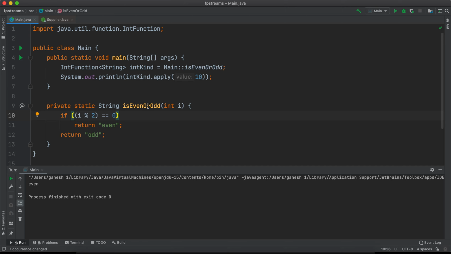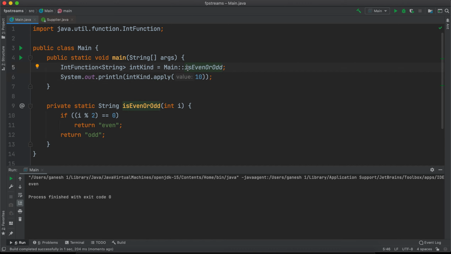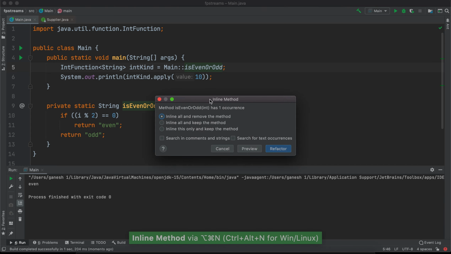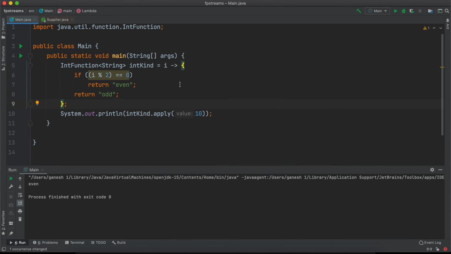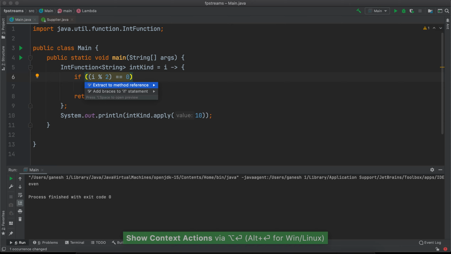Now we have this function which takes an integer and it checks for even and odd and returns a string, and that is what is being consumed here, right? And if you have a method reference, you can inline and get rid of the method reference. So I am using the inline method shortcut and refactoring this, and we have got our code back.